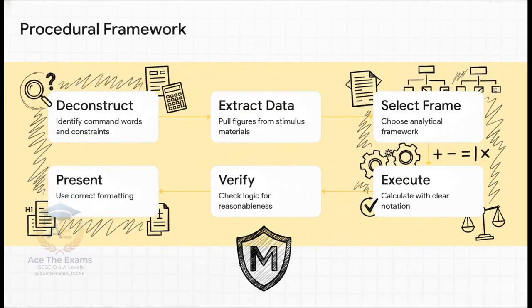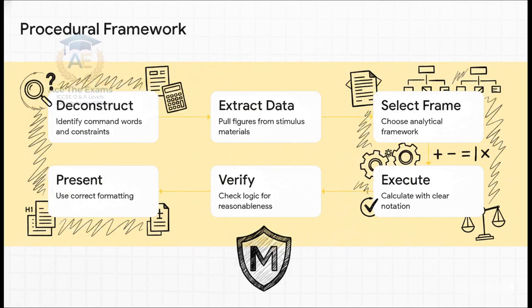To consistently unlock those top-tier marking bands, we're talking those coveted AO1, AO2, and AO3 marks, we need to completely merge Alex's factual mathematical precision with Sam's broader evaluative perspective. And to do this, they have to deploy this exact 6-step procedural framework you see on the screen. Let's walk through it. Step 1, deconstruct the question. Before you touch a calculator, you isolate the command word. Is it analyze, which means break it down, or is it evaluate, which means make a justified judgment? You find the hidden constraints of the prompt.